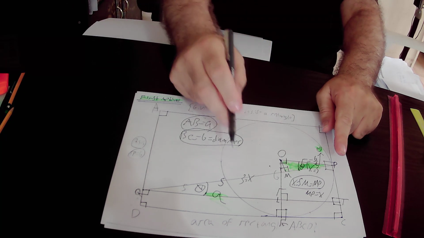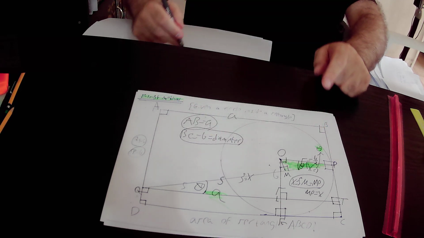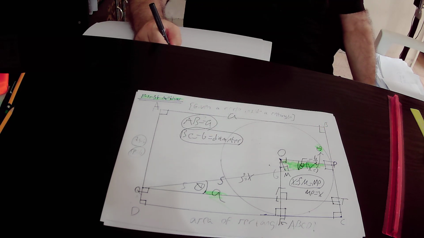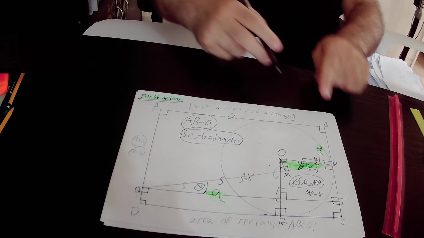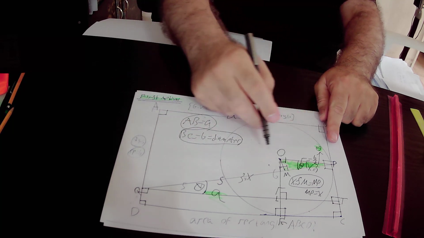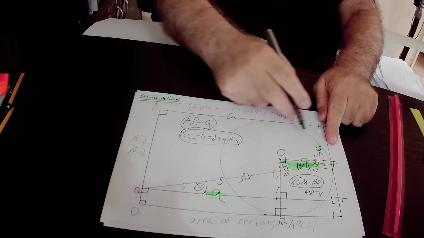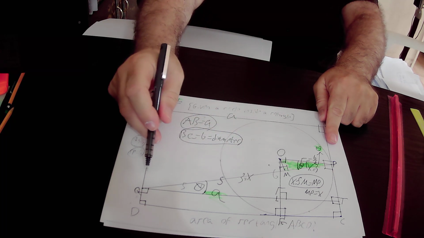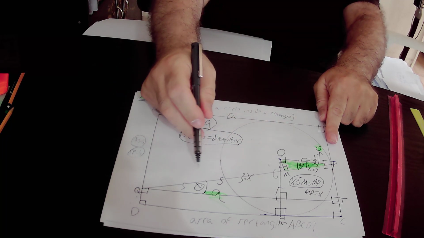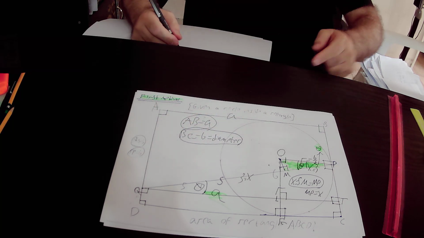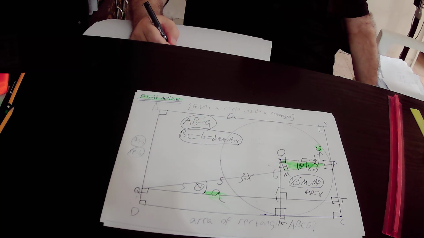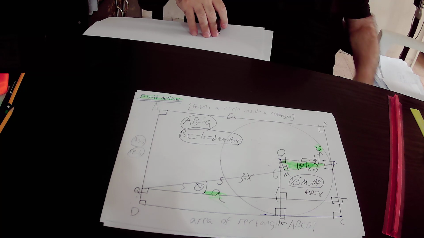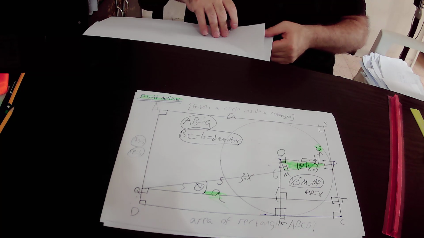QT equals A, according to what we already found out, so we substitute QT by A. And QP, or PQ, equals 5 plus 6, that is 11. Again, QP equals 5 plus 6, that is 11, so we substitute QP by 11. So in conclusion, we found out that according to equation number 2,